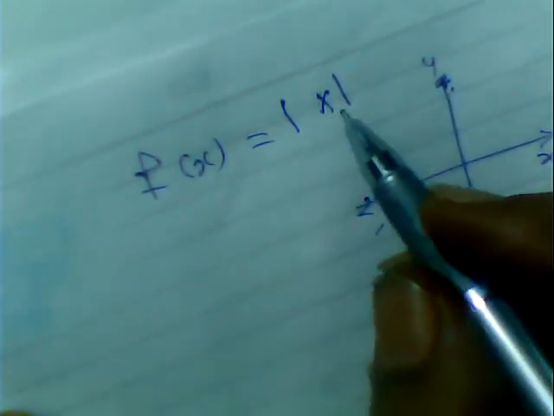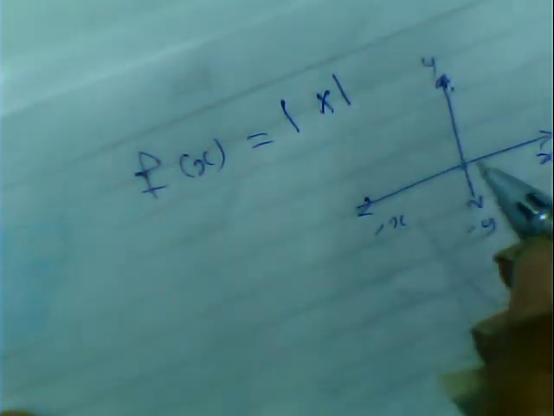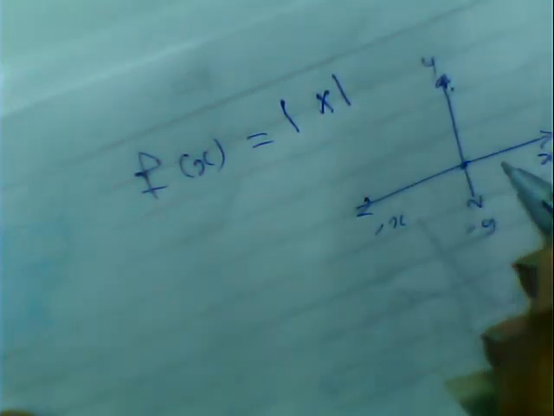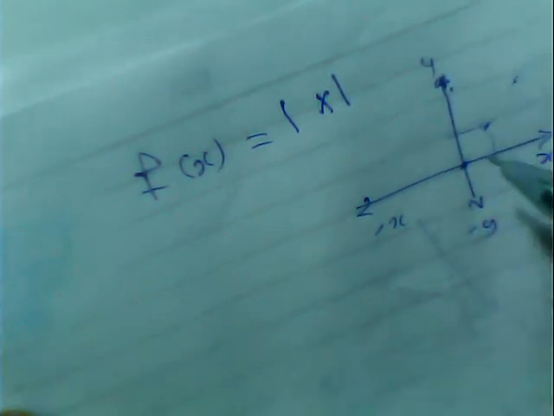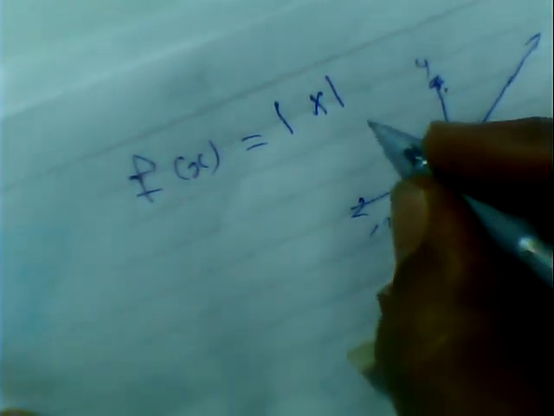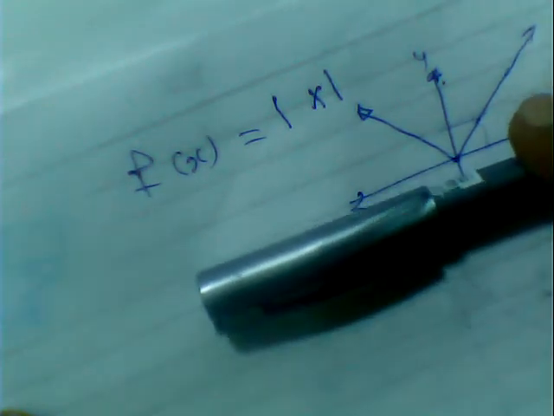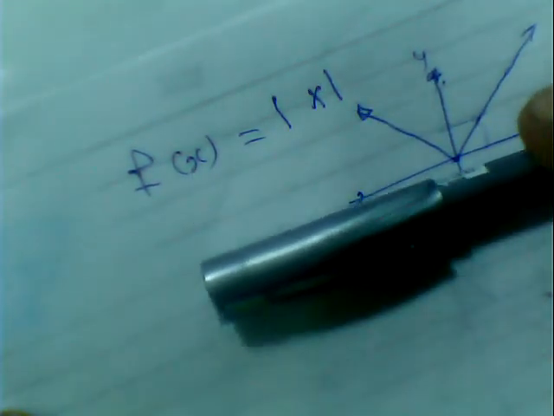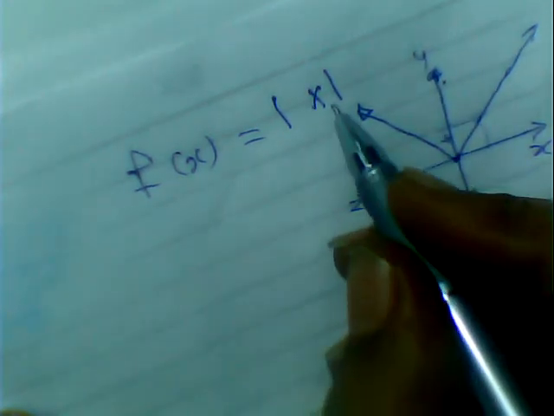If you put 0 then f of x is 0, if you put 1 then 1, if you put 2 then 2, and you get two lines like this, but they are all on the top of the x axis,